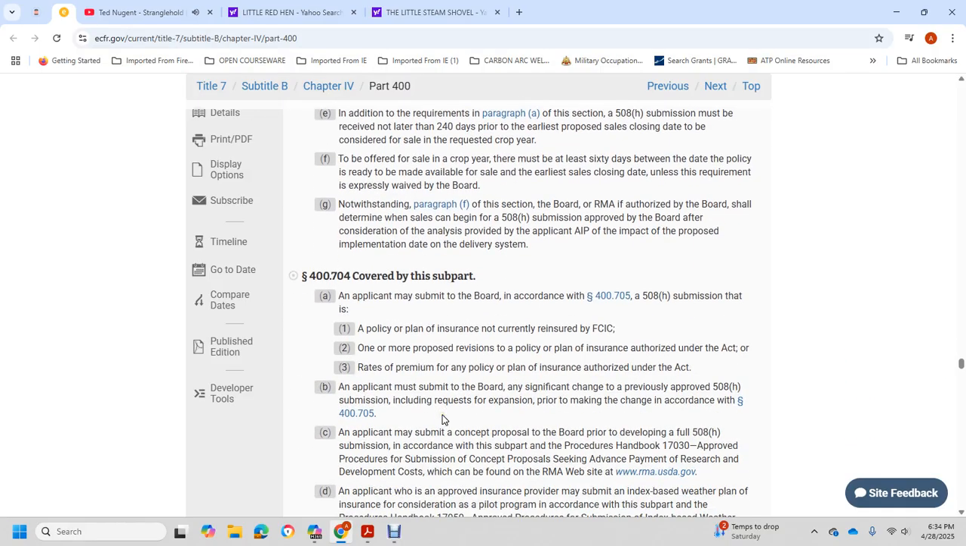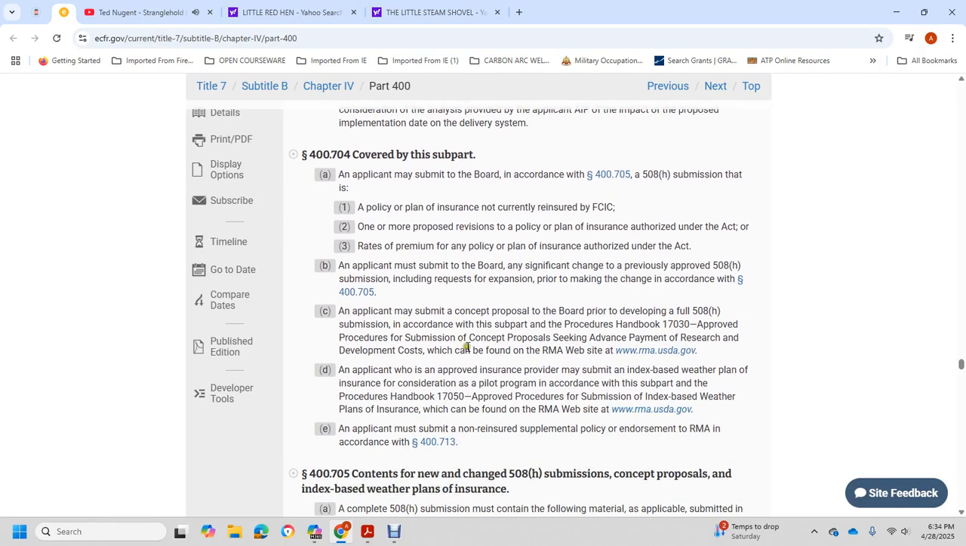Section 407.4 with the coverage and subpart applicant submitted to the board in accordance with 407.5 with the 508 submission with the as and with the policy plan with the insurer with the not currently reinsured Federal Crop Insurance Corporation one or more proposed revision policy plan insurer with the authorized in the act release of the premium with the policy plan with the insurer with the authorized with the act applicant may submit with the board with any significant change with the previously approved with the 508 submission including requests for the expansion of the private and making with the accordance with the 507.5